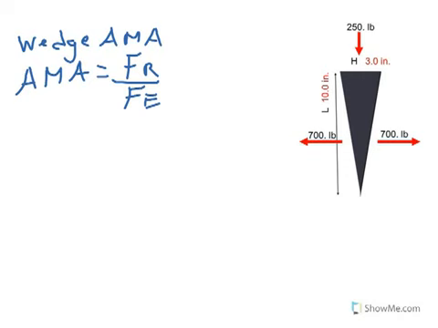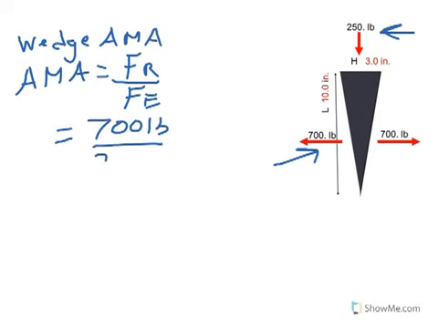As I said at the beginning of the wedge section, this is going to be my force of resistance, and this is going to be my force of effort. So I'm going to just fill them in. 700 pounds over 250 pounds. That gives me